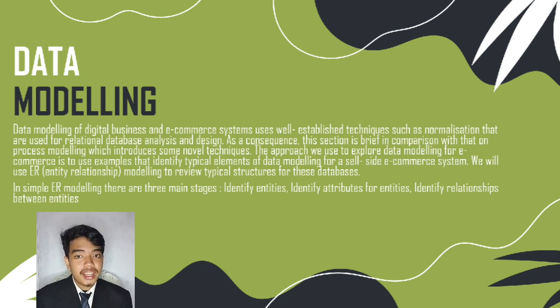In summary, ER modeling is a structured approach to design a database or system by identifying entities, their attributes, and the relationship. This helps create a visual representation of the data model, making it easier to understand and design database